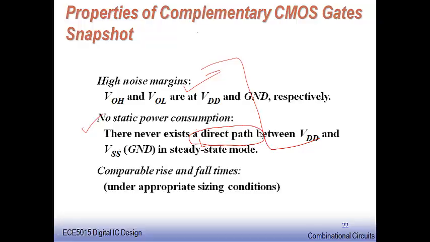And during switching, we have discussed before how the short circuit current flows and how short circuit power gets dissipated, and comparable rise and fall times. And we are going to be able to size the devices also. These are